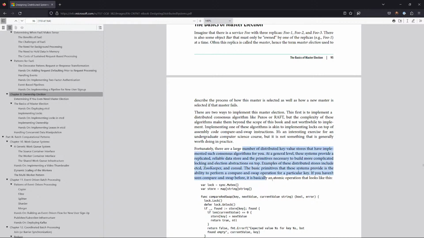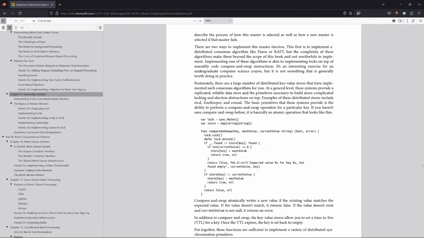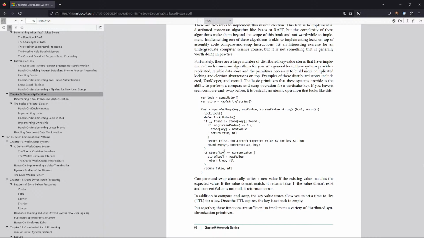Whereas with a distributed key value store, it's lower complexity, right? But you'll see as we read through this that lower complexity also means we have to be responsible for some of the edge cases. Okay. Cool. The author says that there's an underlying concept that powers these locks, and it's called the compare